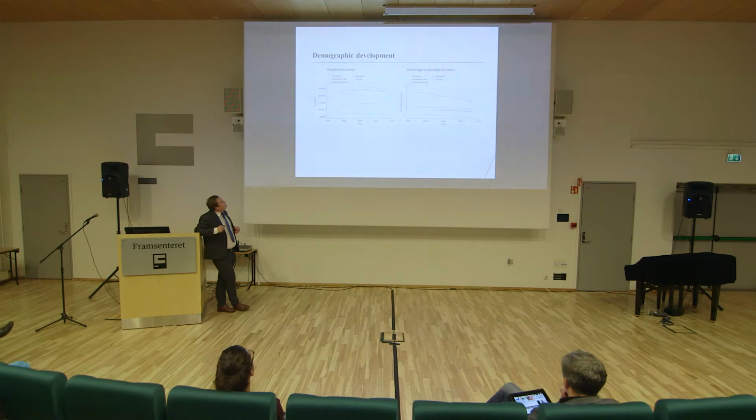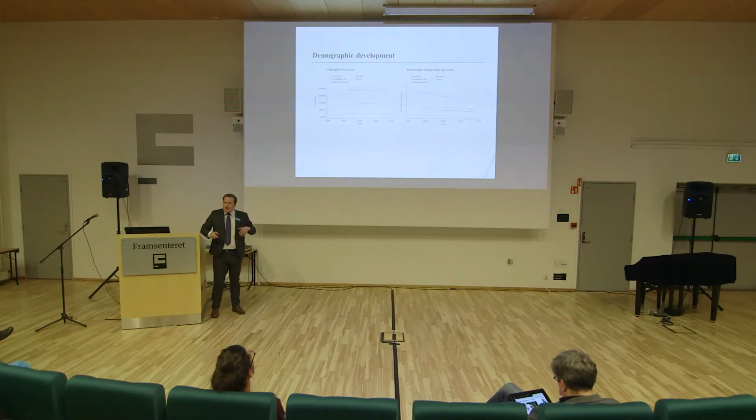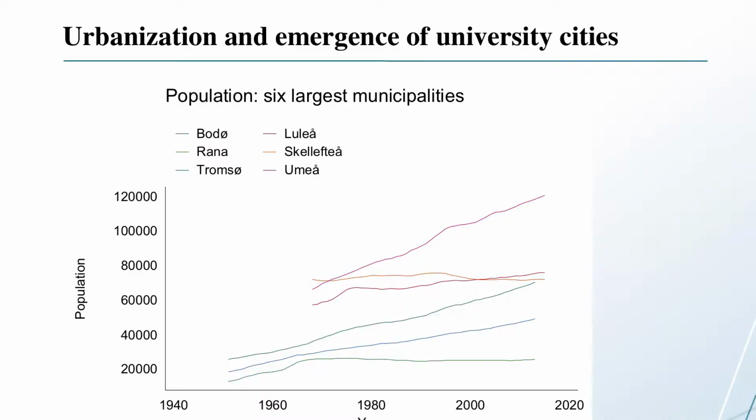This is Troms, which is a slight increase, but also relatively stable. Whereas Nordland up here is where it is actually declining. And when you see it as a percentage of population, you will see it's Nordland which is declining, whereas we have a slight trend in all the counties. But to make this more nuanced, you have to look at the cities.